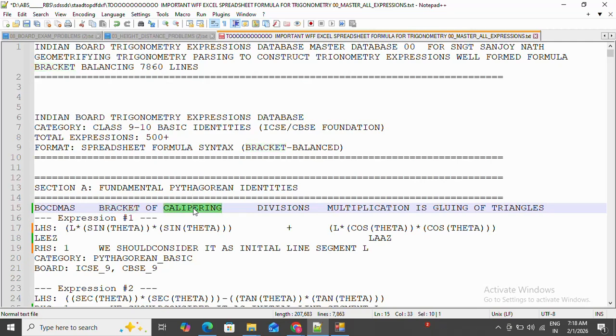Calipering is the art of constructing the triangles from the real numbers, or the construction of the real numbers from the 2D triangles. And to construct the real numbers from 2D triangles, we have to do the calipering. In a similar way, when we construct from the real numbers, we also have to do the calipering. This calipering is the straightening method, the sequential straightening method that we used from the ancient times for the involute constructions or the evolute constructions, and to find the